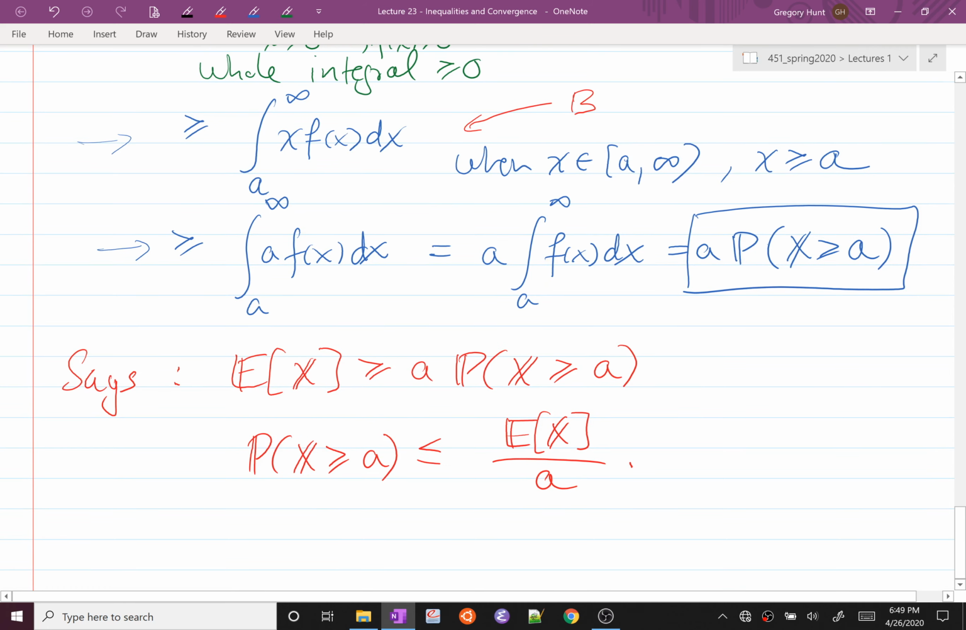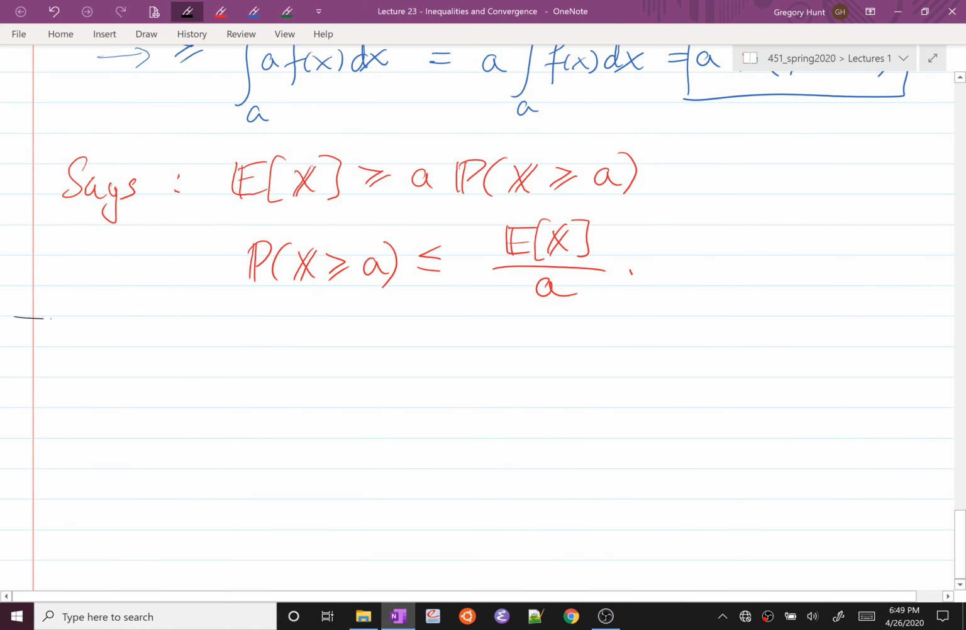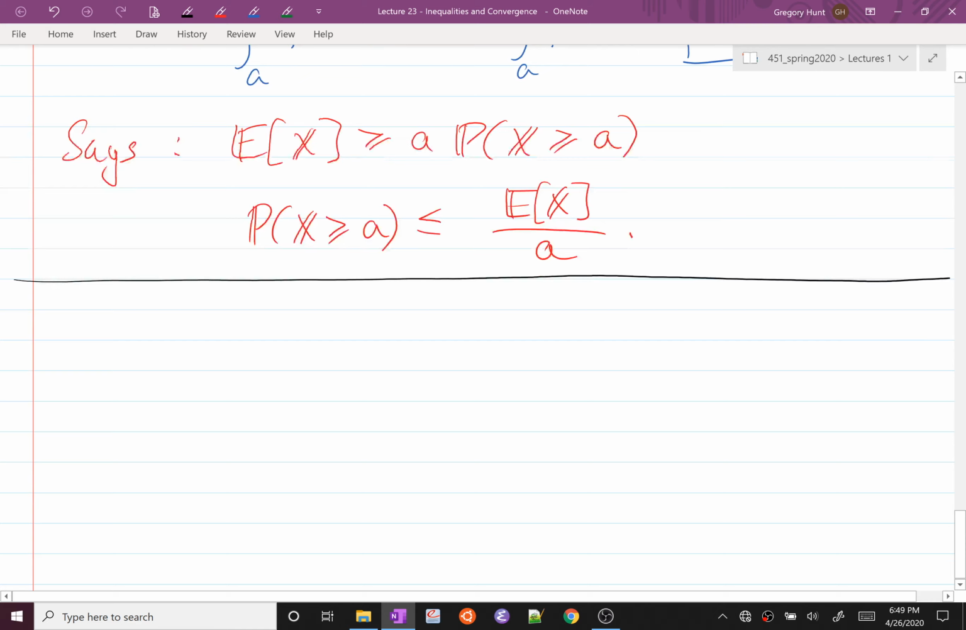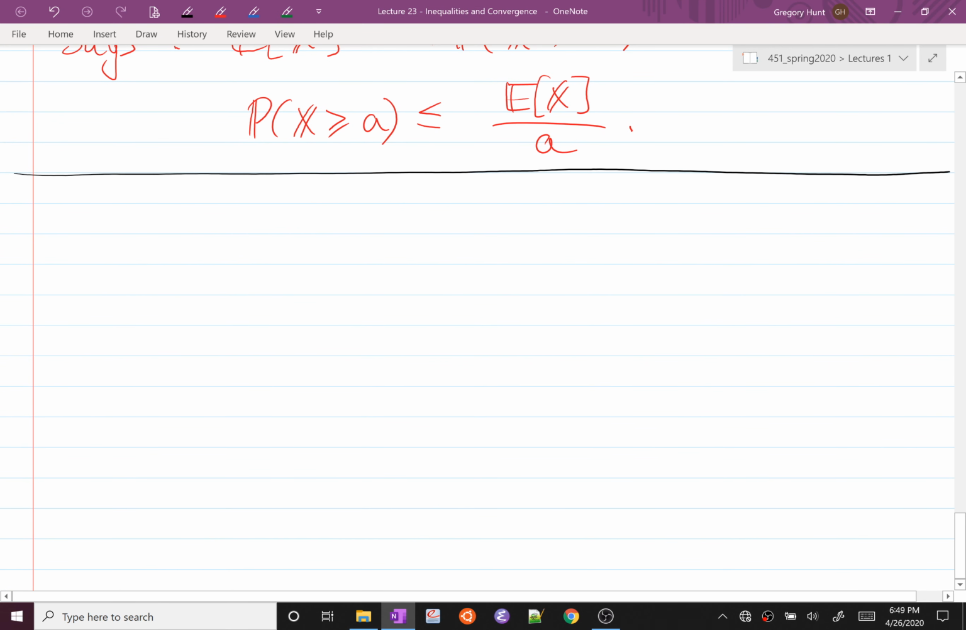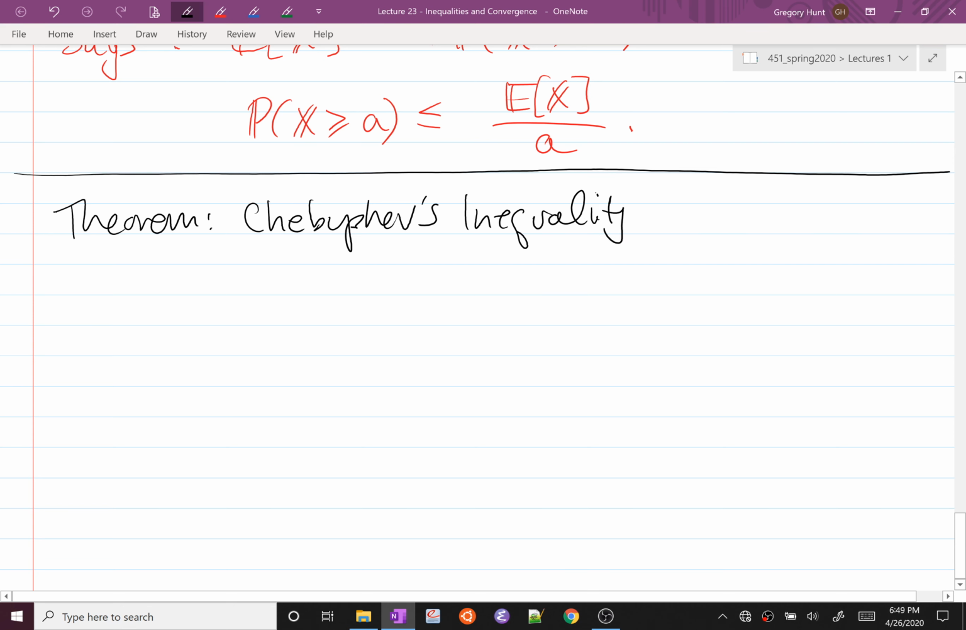So Markov's theorem is, in and of itself, not always directly the most useful theorem, but Markov's theorem allows us to prove a more useful theorem, and that theorem is called Chebyshev's Inequality. And Chebyshev's Inequality